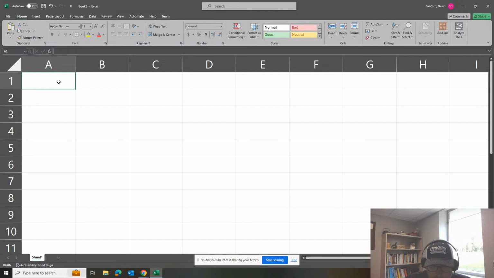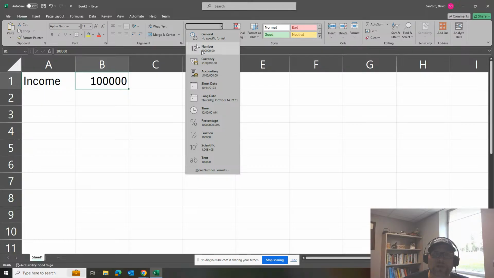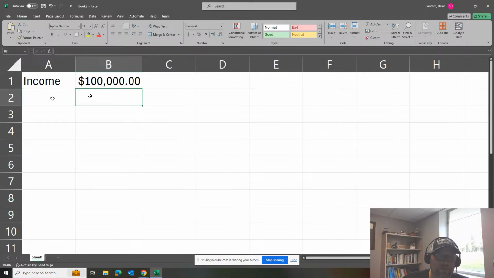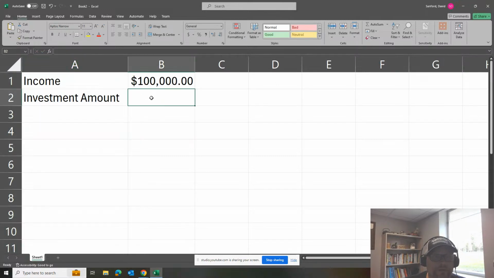Okay. So the very first thing I would do is I'm going to create a calculator for a future value of, say, a retirement plan. Okay. I'm going to just say income, and I'm going to throw 100,000 in there just to start things off. I'm going to format things properly, make sure that we use currency when it's currency. Otherwise, if you pay me in marbles, I wouldn't be happy. Investment